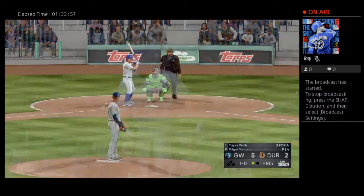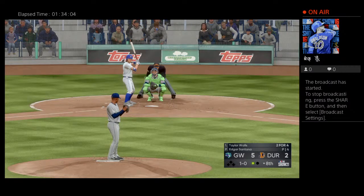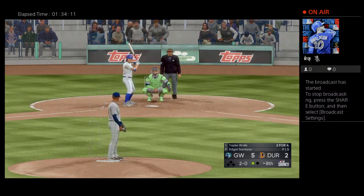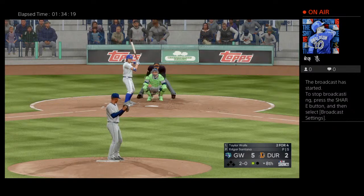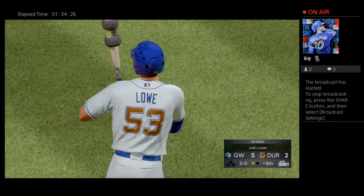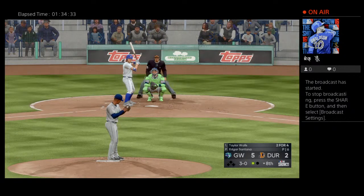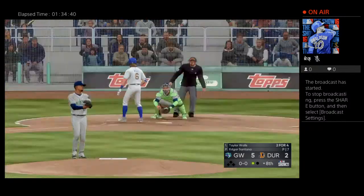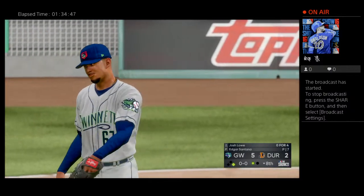Got to find a way to scratch at least 1 across. You do not want to take on the monster closing the game down 3. One 1-0 count. Here it is. No, that's low. Three and 0 now. He loses him on ball 4. The center fielder,